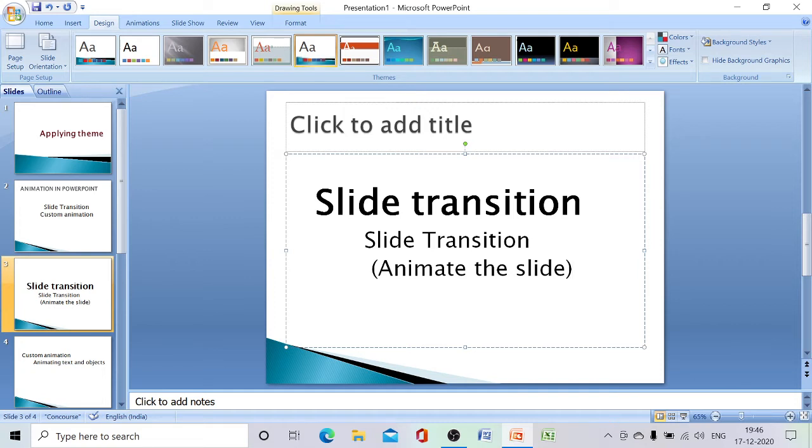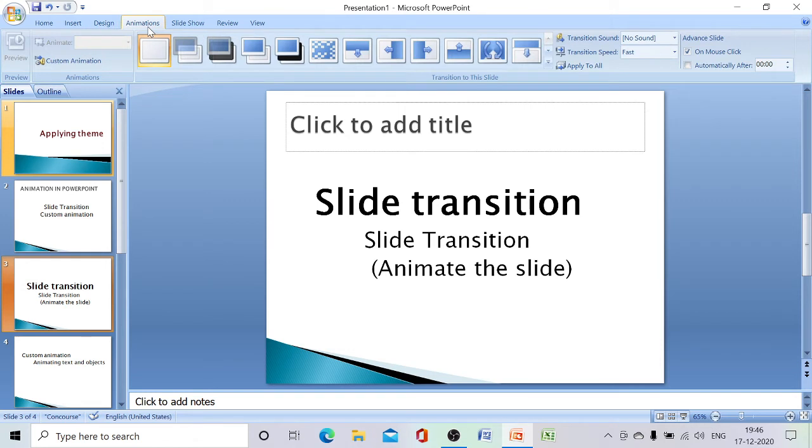So to make slide transition, what we have to do is, first we have to select the slide. Let us select the third slide. Okay, this is our third slide. Then we have to go to the animation tab. On that animation tab, can you see different kinds of transition effects for this slide.